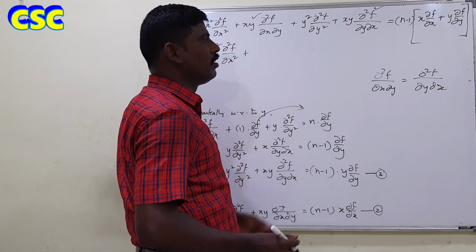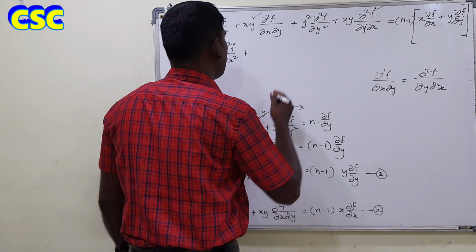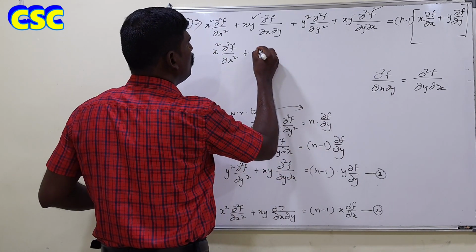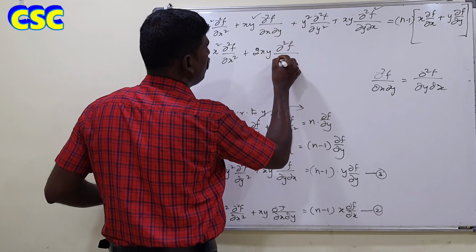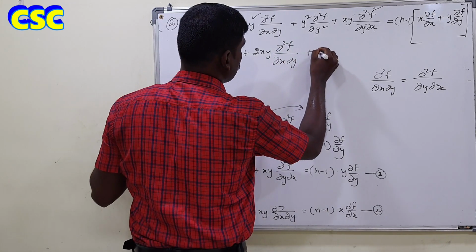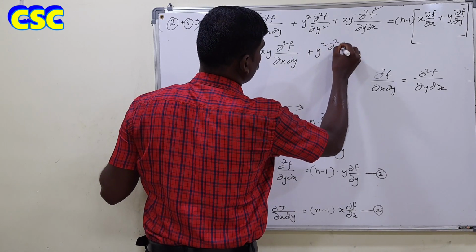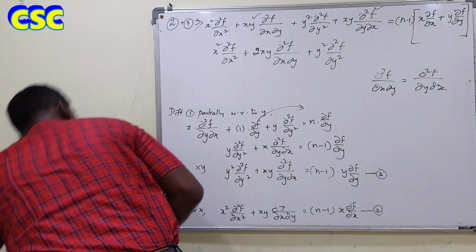It is not always equal, it is equal under certain conditions, but here both are equal, so we can add both of the two. So 2 times xy into dou square f by dou x dou y, plus y square into dou square f by dou y square is equal to